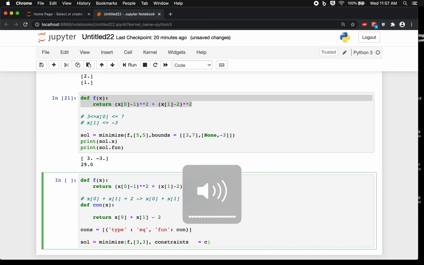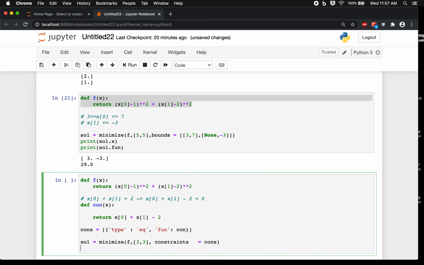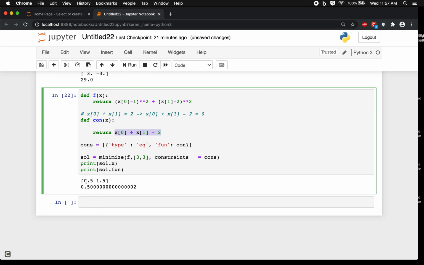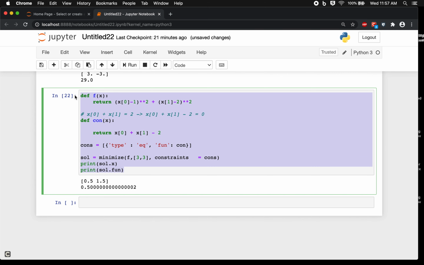is equal to cons. And then we can print sol.x. And then we can print sol.fun. And in this case, we get our answer, which is 0.5 and 1, right? So that's forcing the equality constraint. So that satisfies the equality constraint. And then this is our minimum function. And if we wanted to add another equality constraint, we just put a comma here and add another function in the list. The other kind of function we can add, and let me just grab all this, is